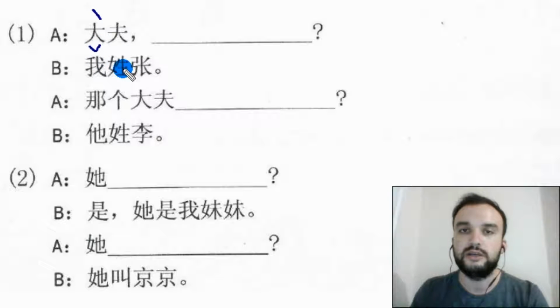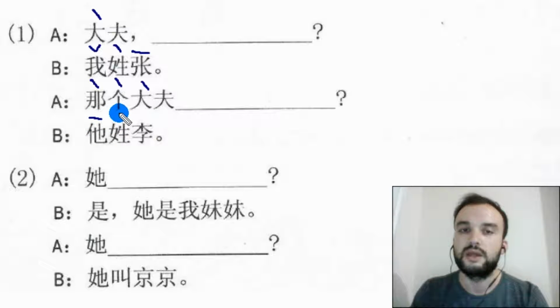Here, 心, fourth tone. 将, first tone. And 那个大夫, 那 fourth tone. 个 fourth tone. 大夫 we already wrote it. 大夫, 那个大夫, 他,